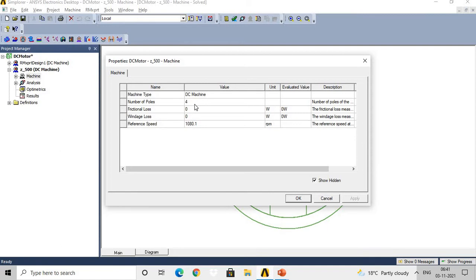Then number of poles. So here the names of the parameters which are needed as an input to make the geometry of the machine are given on the left hand side. Here we need to enter the values as per our theoretical design. Mostly the general procedure is that once you get the total idea about the machine, then whenever you are going to design the machine, you should have the idea about all the basic technical parameters along with their meanings.